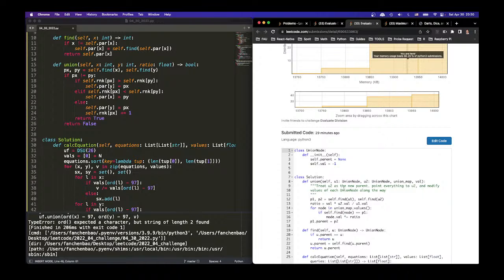When we union the two values, what happens? I arbitrarily set this value, okay? Change your parent, everybody pointing to